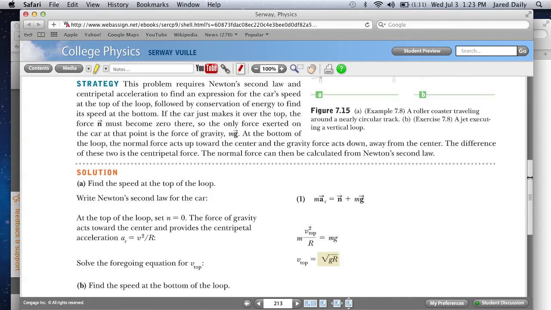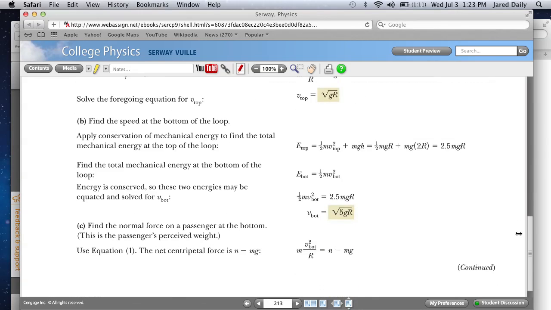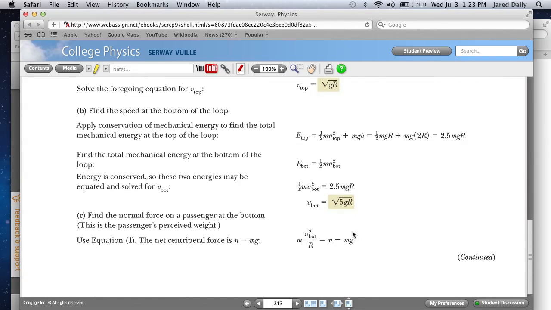And second of all, we're going to go ahead and put in our minus sign for mg to make sure we got that right, because this is going to start to be important. So all of our forces that are pointing upward at the bottom of the track are n and minus mg, and that has to be equal to the centripetal force, because those are both pointing towards the center of our circle. So the centripetal force is mass times velocity squared over r,